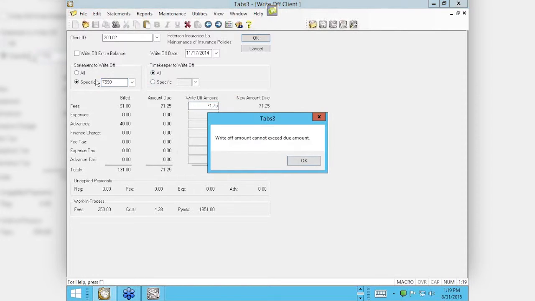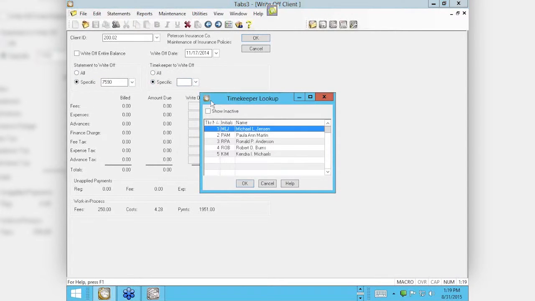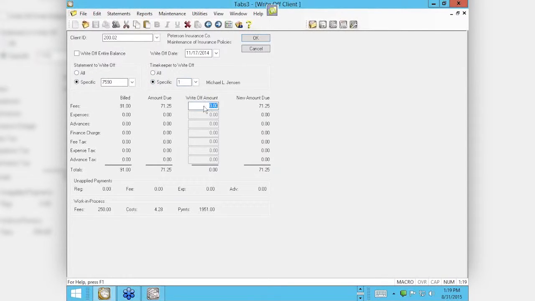And let me get out of this. Stuck in here. Let me get out of that. I have too much money in there. See, it won't even let me write off more than's due. I had 75 cents instead of 25 cents. So if I go to a specific timekeeper, I can choose the different timekeepers and just write off their time or a portion of their time. So again, you can be very specific on what you write down, either the entire balance, a statement, or part